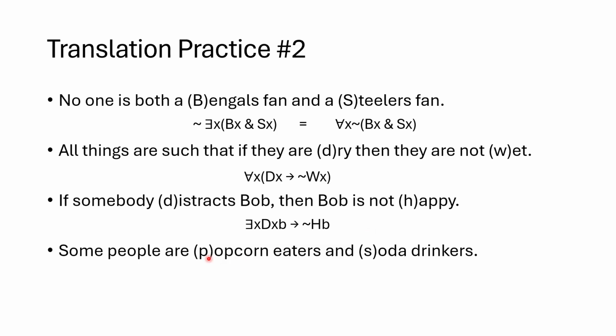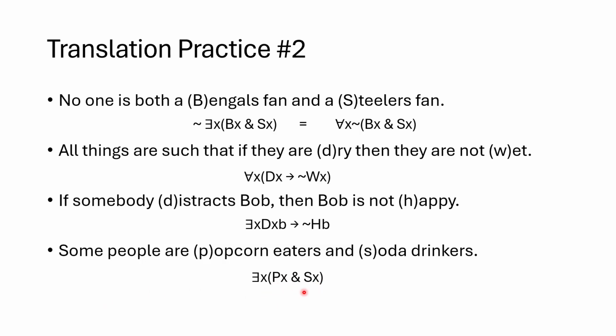So if we look at this last sentence now, we have a conjunction. So some people are popcorn eaters and soda drinkers. So that's an and. Who is the person that's a popcorn eater and a soda drinker? Well, we don't know exactly who that is, so we know we're going to need a quantifier. Who is this statement applying to? Well, it's not applying to everybody, it's just applying to some people. So since it's some people, just like up here it's somebody, we're going to use an existential quantifier,